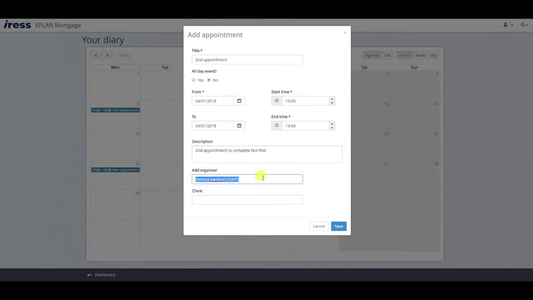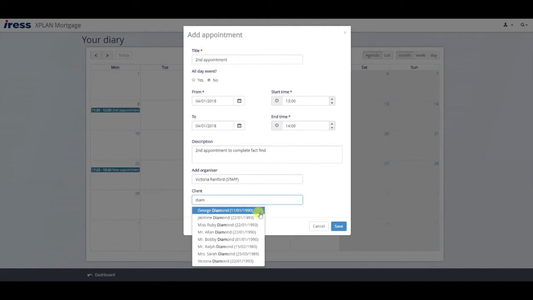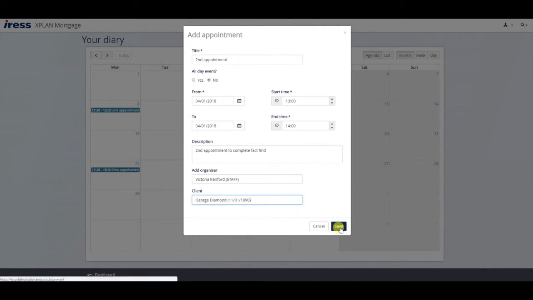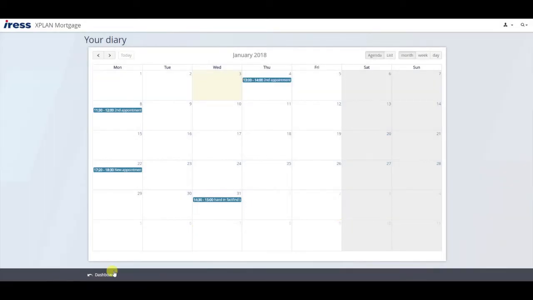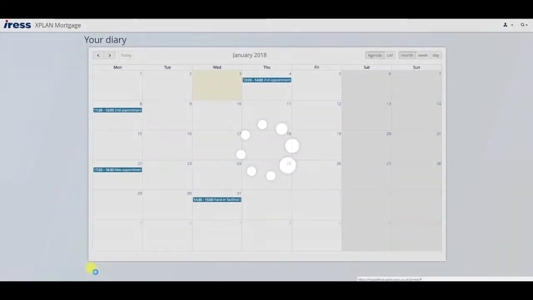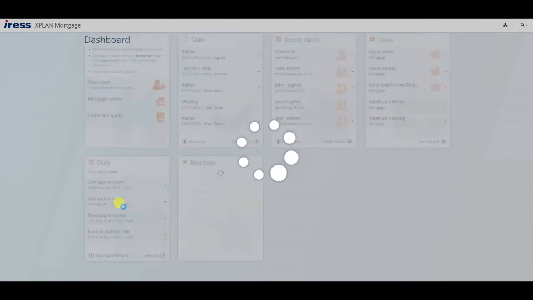But if I wanted to, again, I could assign a colleague to do that appointment for me, and then I can put in the client details here. So if I say this is for a client named, let's try Diamond. Okay, so these are previously created clients, and I can pop that information in there and then choose to save that diary appointment. Okay, if I go back to my dashboard now, the second way again you can create a